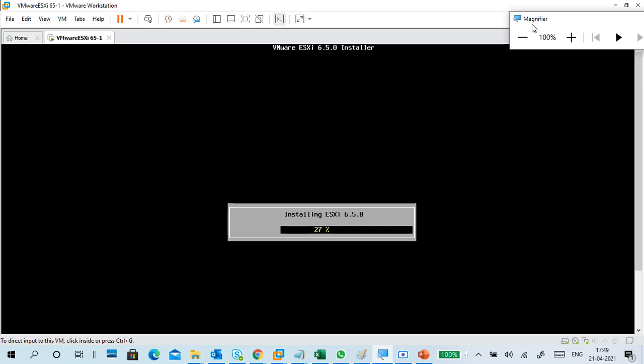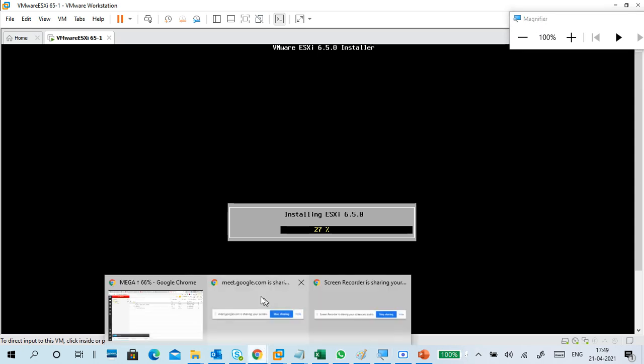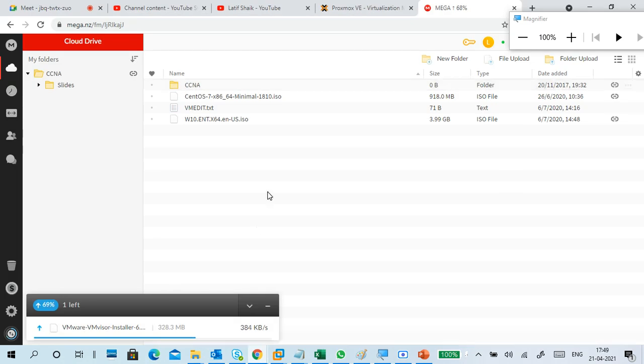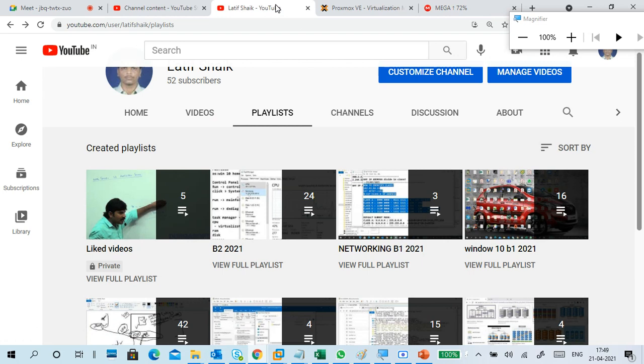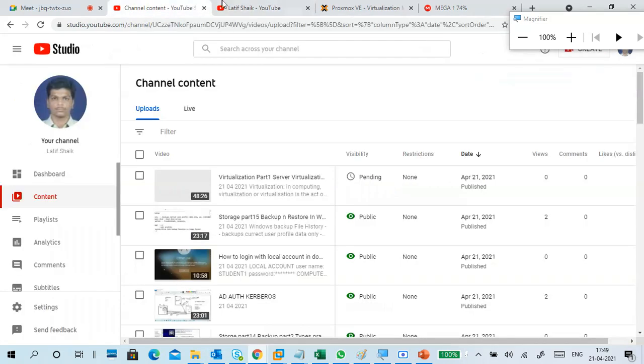Okay, one machine is already there, so existing. It is up to 27. Meanwhile, we'll do other things. It is the smallest one and it's taking a lot of time.